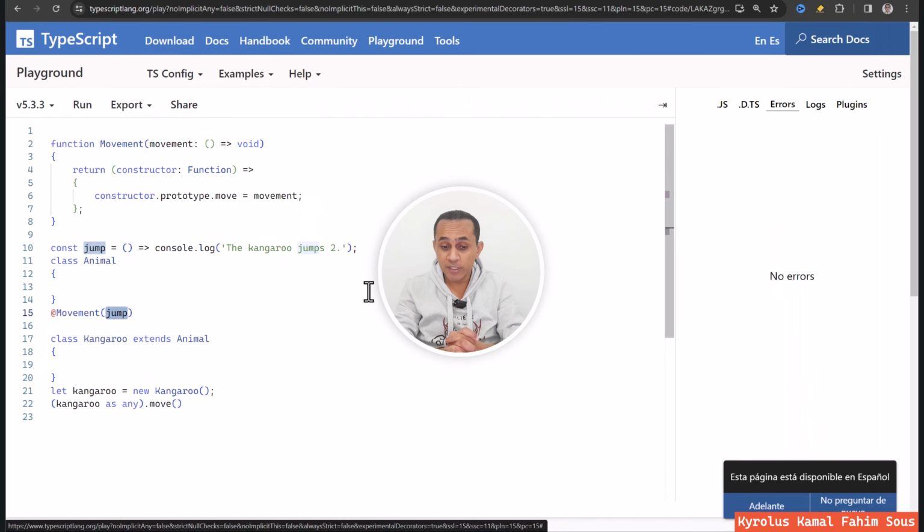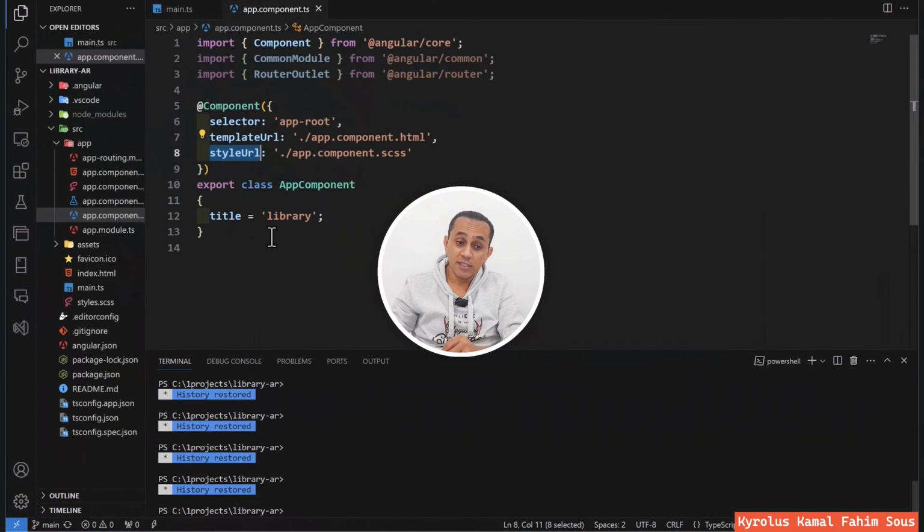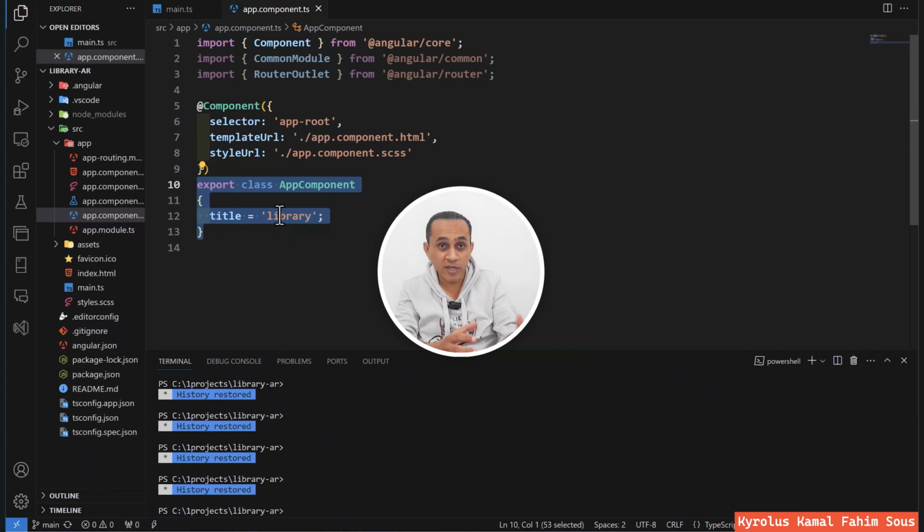And if we talk about it in Angular, we can say that the component is only concerned with manipulating the data that should be shown in the template. However, it is not concerned with defining the data that the compiler needs, for example, defining the selector, the template URL, and the services that should be provided.